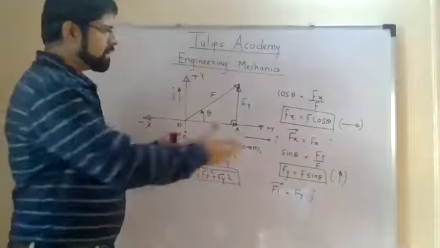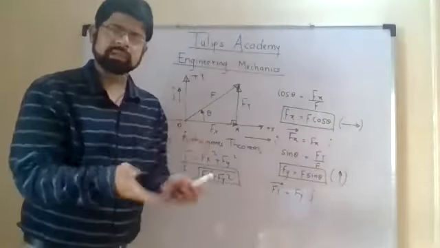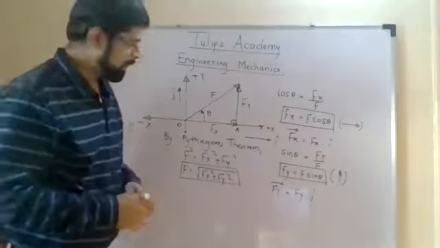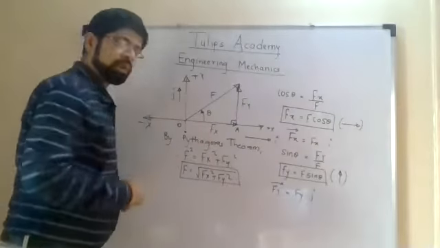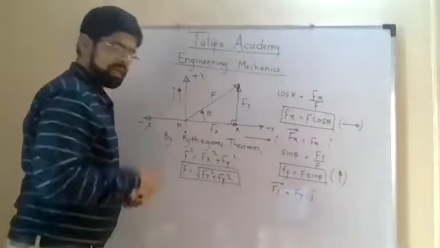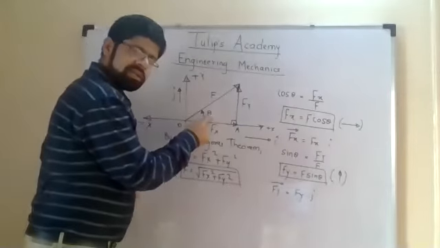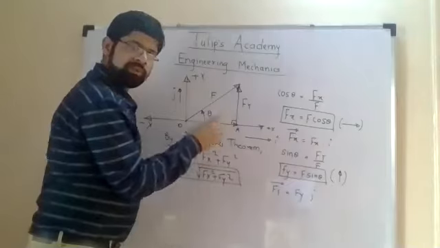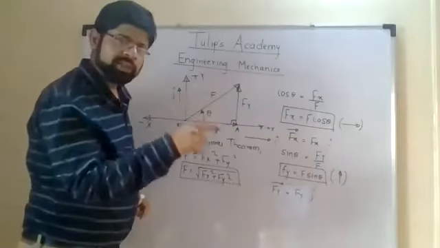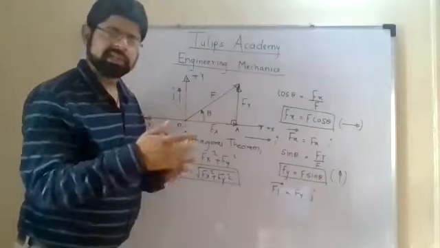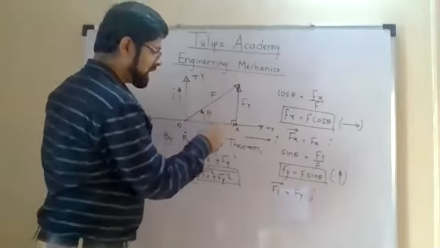So I can resolve the forces, and I can also find out the resultant of the force system. So in both the ways I can go. And now, how to calculate theta? I know Fy, I know Fx. It means that if you consider theta, then I know the opposite side of theta and I know the adjacent side of theta. So the trigonometric formula in which the opposite side is involved and the adjacent side is involved is tan theta, because tan theta is opposite side upon adjacent side.